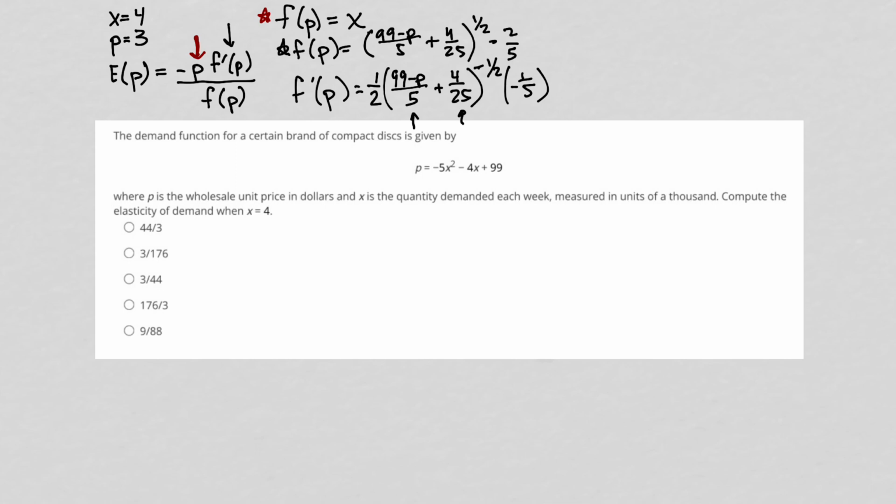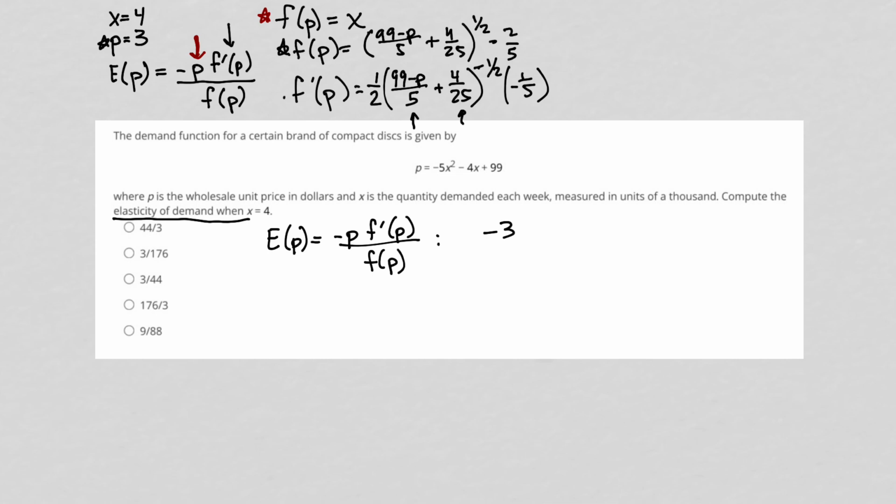Okay. So again, the question wants us to find the elasticity of demand when x equals 4. And again, that equation for elasticity of demand is E of P equals negative P times F prime of P divided by F of P. So negative P is -3, right? So we're at the stage where we can start plugging things in. So I have -3 for negative p, right? Because again, p was 3. And then f prime of p